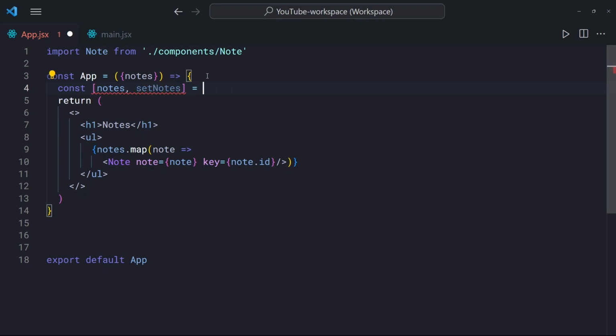And we're going to set it equal to useState, and we're going to give it an initial value of props.notes. We're using props here because we want to avoid ambiguity since our state variable is also called notes. So in our app parameters, we're going to pass in props. Now if we wanted to start with an empty list of notes, we would simply pass in an empty array